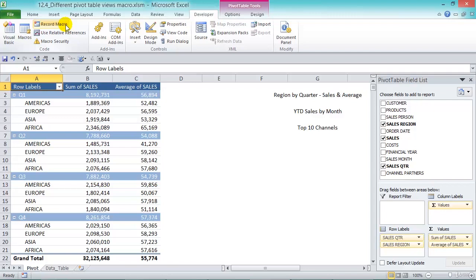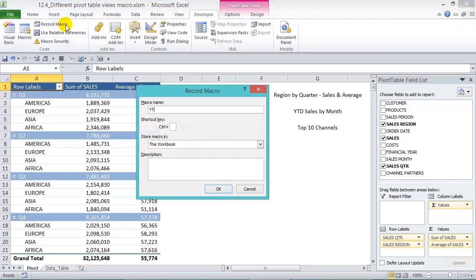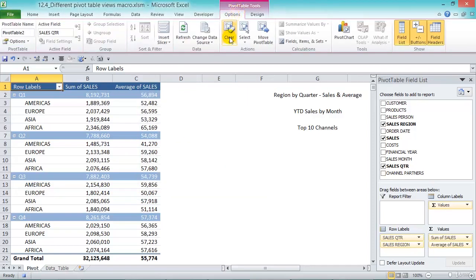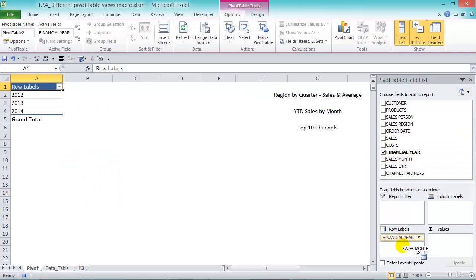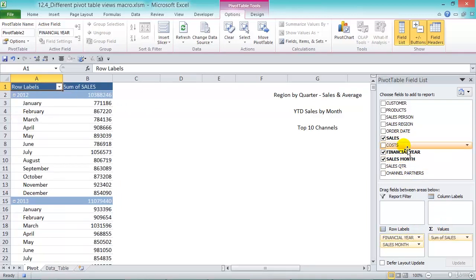The second macro is going to be called year-to-date sales by month. So press record and call it year-to-date sales by month and press OK. The first step, once again, go to options, clear all. The second step is to create the pivot table. Let's grab the years in the row labels, the sales month as well, and drop in the sales twice into